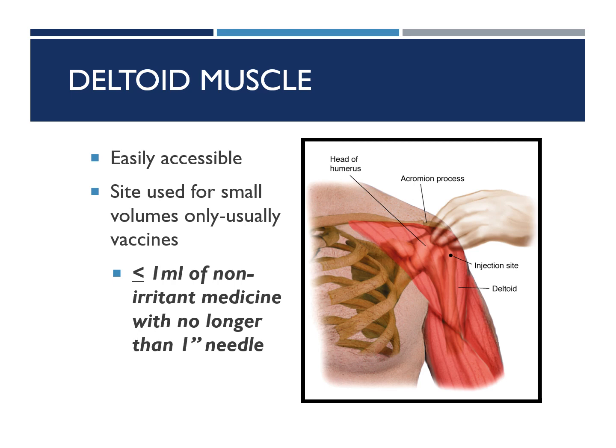The radial and ulnar nerves are right there following along the humerus, so there is a potential that we hit some nerves. And this site should only be used for small volume injections like vaccines and volumes of 1 ml or less, and with no greater than a 1-inch needle unless your person has a lot of muscle. The deltoid is a bad location for irritating medications like the tetanus injection, but a lot of people give the tetanus injection there anyway, which is why it hurts so bad.